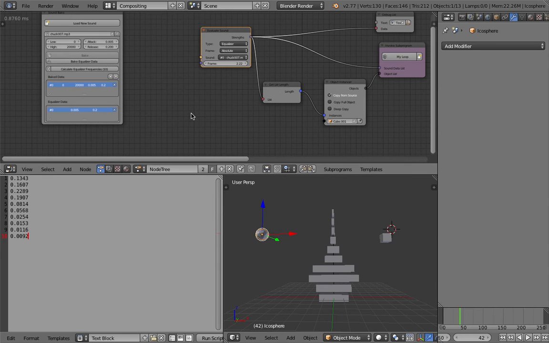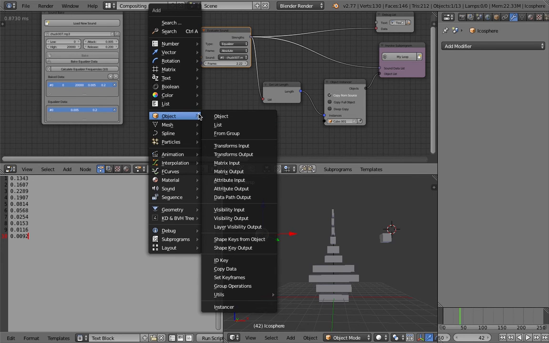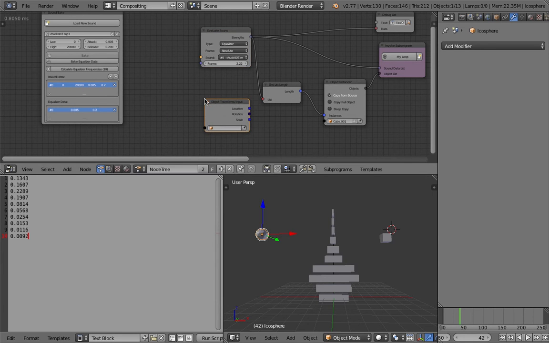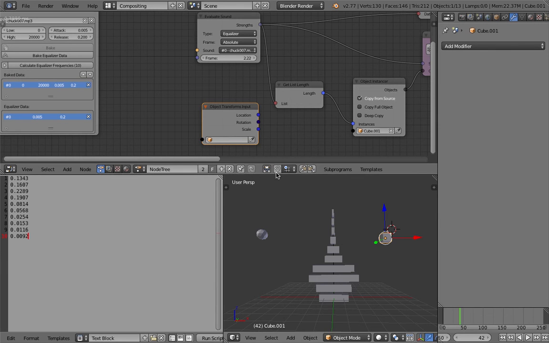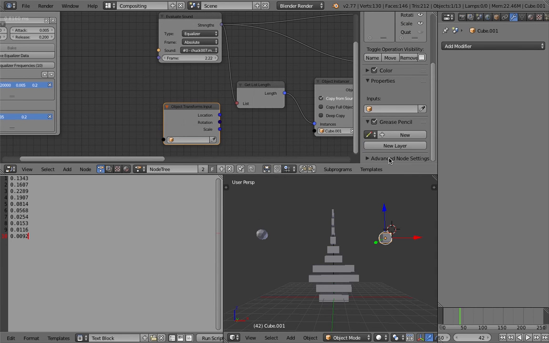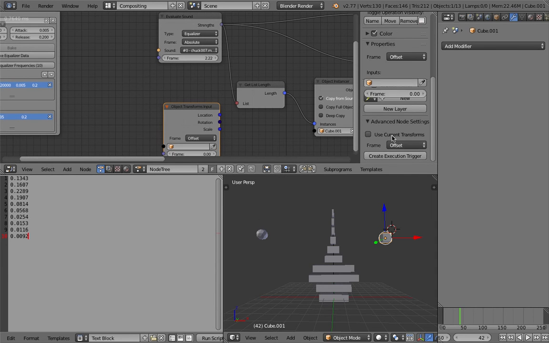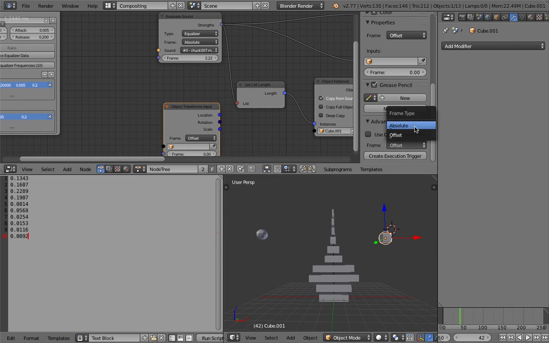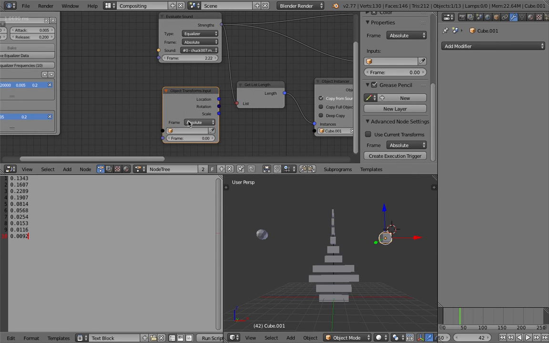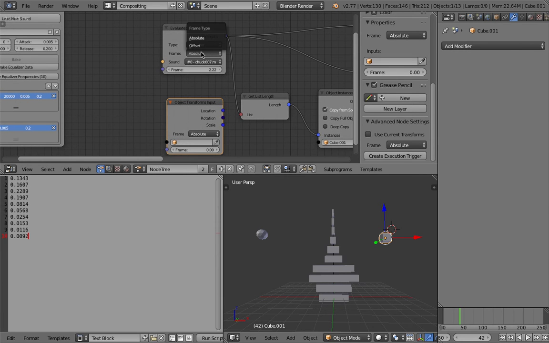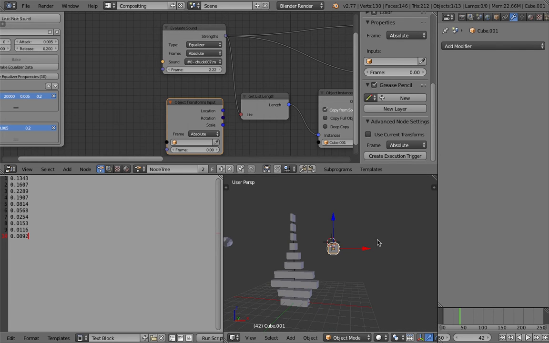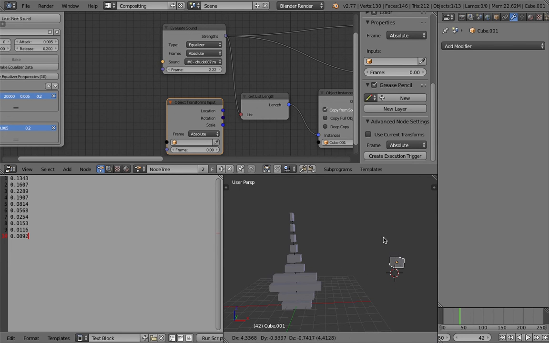You actually have that in the object transform input as well. It's kind of hidden because you might accidentally miss it, so you can make that into absolute. So this frame offset and frame absolute is for you to create a multiple array of data. If you have an animated object like that and you want to create a trace,